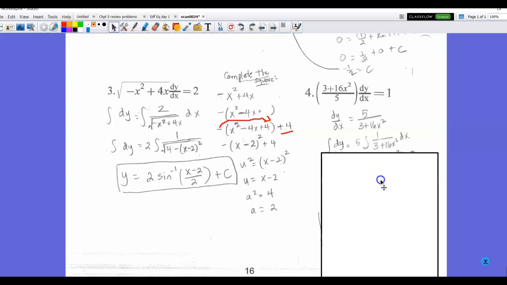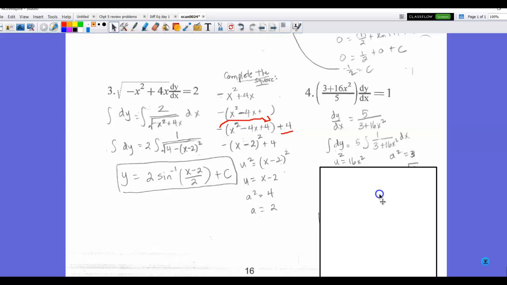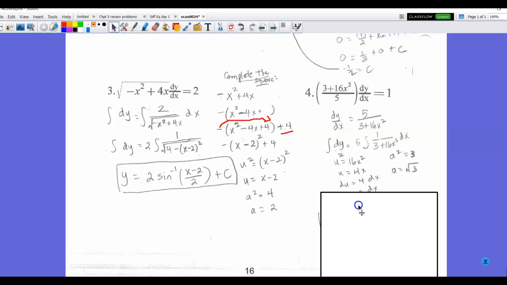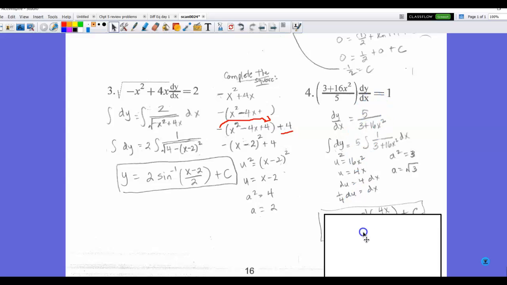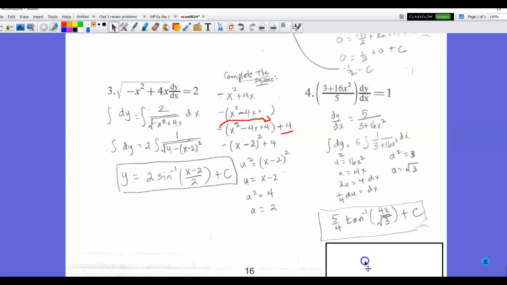So in this case, my u squared is the term 16x squared. Therefore, u is the square root of that, which is 4x. Du, because we have a coefficient, is 4 dx, and I don't have a 4 in my original problem, so I'm going to need to compensate for that. My a squared is not a perfect square this time. My a squared is 3, therefore a is the square root of 3. All right, now that I realize it's inverse tangent, I have my coefficient of 5 in front, and remember it's 1